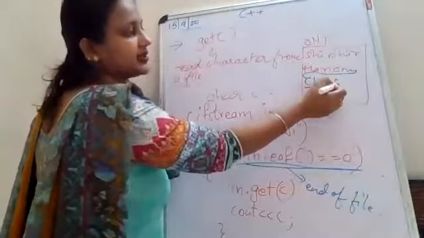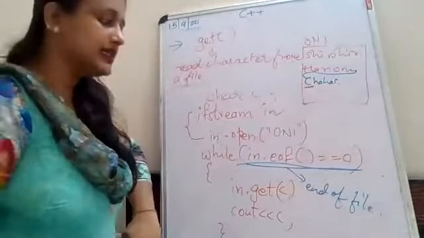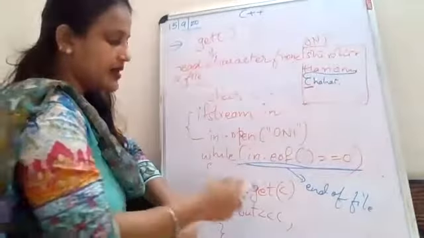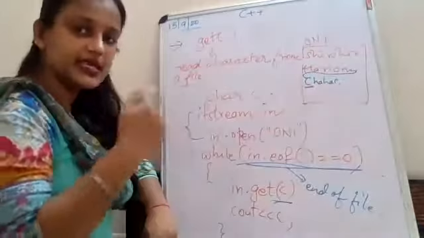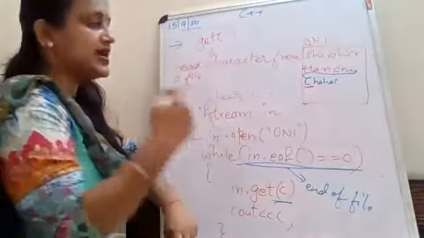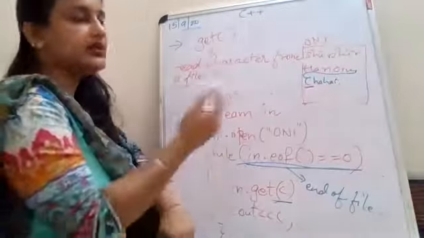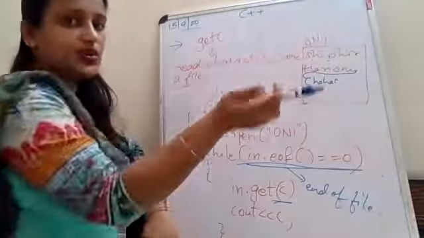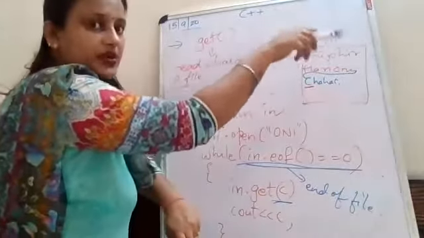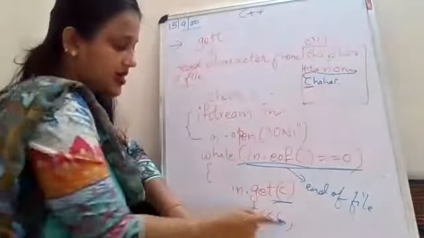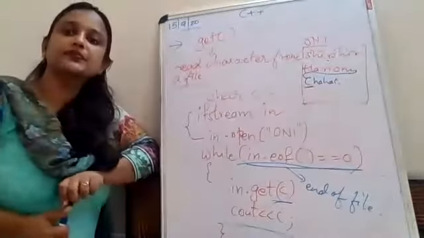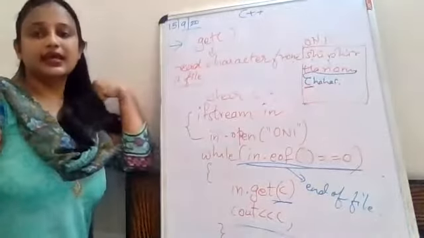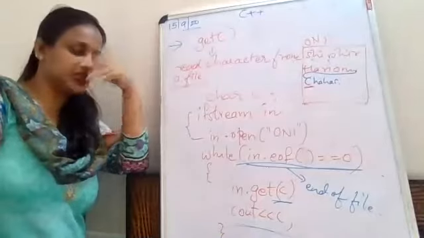जब तक ये मेरा यहाँ तक चावत का T तक नहीं आता है, तब तक वो फाइल मेरा रीड करता जाएगा और एक एक लेटर वो सी में जाके स्टोर होता रहेगा. सी ओवरलैप होता जाएगा. पहले उसमें एस स्टोर होगा. एस प्रिंट होने के बाद सी में एच स्टोर होगा, फिर सी में आई स्टोर होगा, फिर आर स्टोर होगा, फिर एस स्टोर होगा, फिर एच होगा, फिर आई होगा, फिर ऐसे करके वो एंड ऑफ फाइल तक जाएगा और मेरा पूरा डिस्प्ले करेगा. ओके, सो दिस गेट फंक्शन इज यूज्ड टू रीड अ सिंगल कैरेक्टर फ्रॉम दैट पर्टिकुलर फाइल.